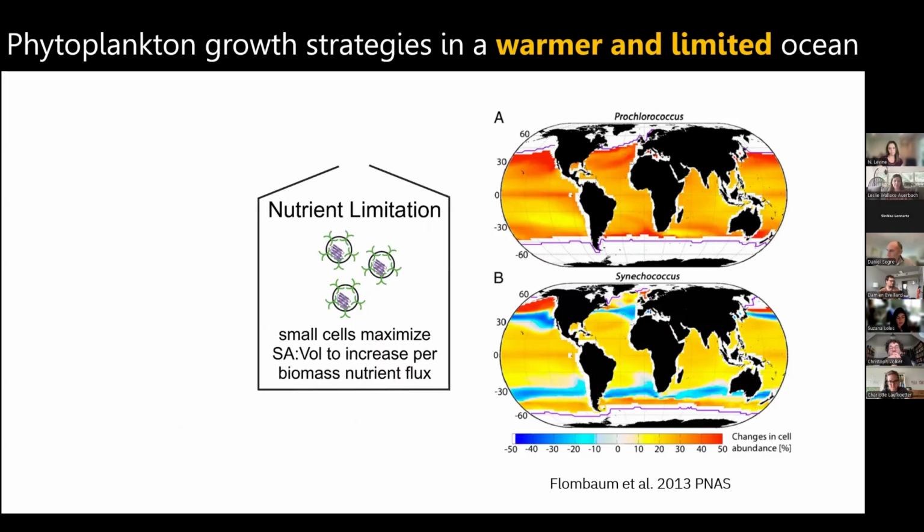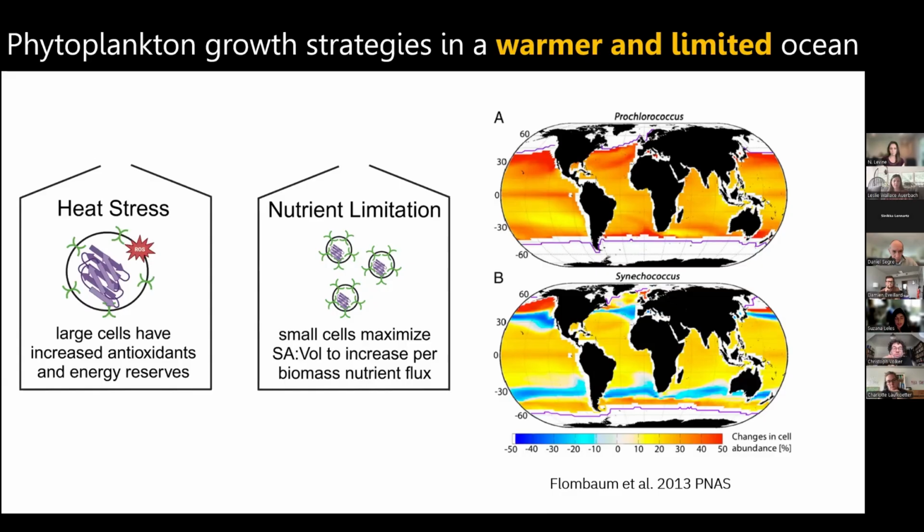If we think about what is happening at the cellular level, we can imagine that as the climate warms, nutrient limitation can be more severe in surface waters in the ocean. And in order to optimize resource acquisition, a phytoplankton cell should invest in transporters, which requires larger surface area to volume ratios, and therefore smaller cell sizes. So this is a thumbs up for why cyanobacteria should also predominate under future conditions.